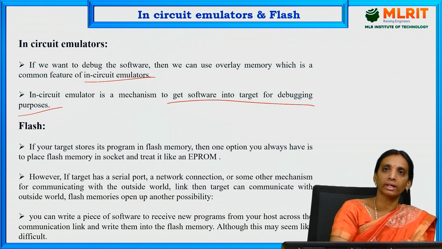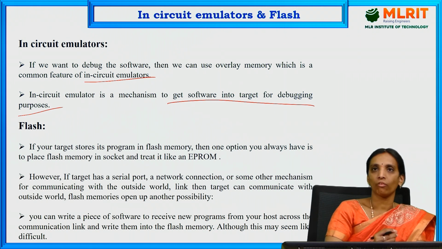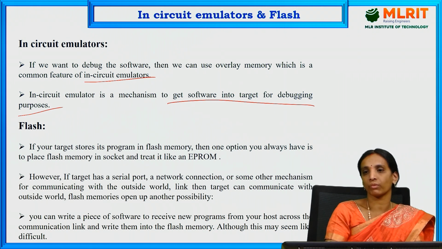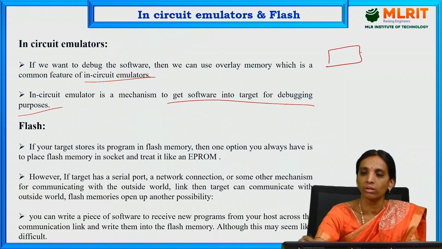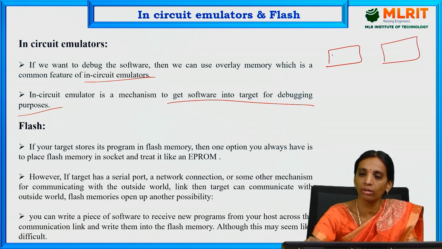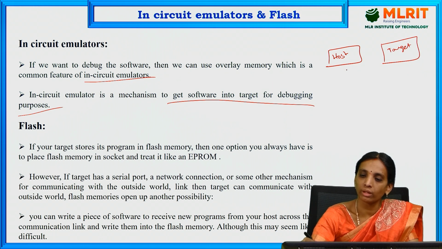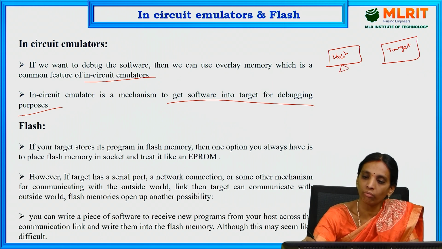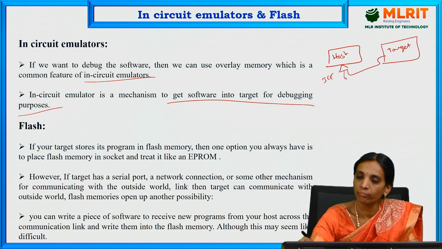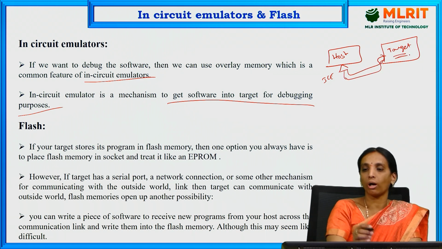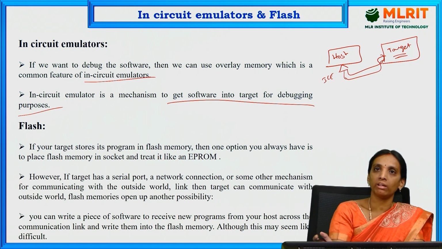We have one device which is used as the in-circuit emulator. We have to connect this in-circuit emulator from the host machine to the target machine with some data cable. Here, if this is the host machine and this is the target machine, we insert the data cable of the in-circuit emulator into the host machine, and we use one USB cable for the target machine to copy the hex file from the host machine into the target machine.